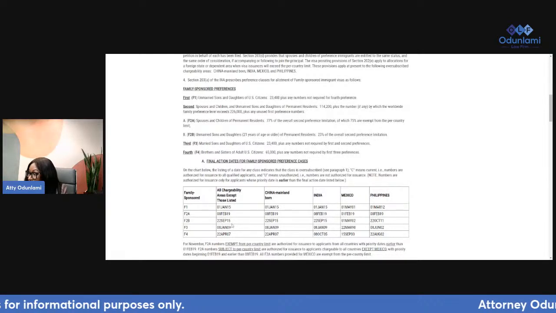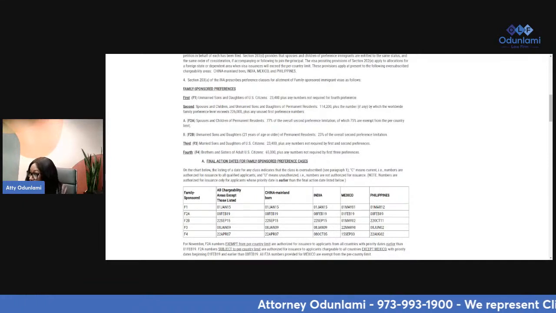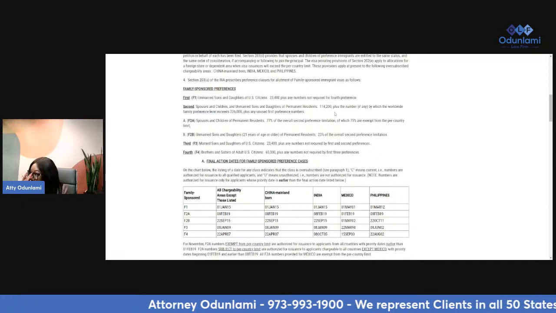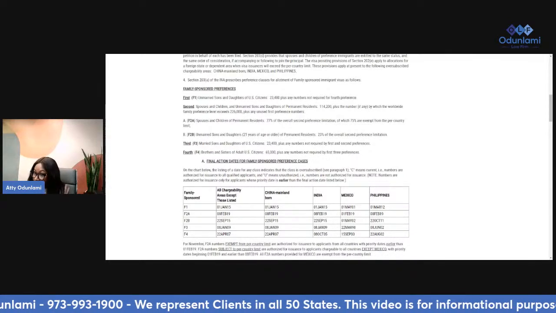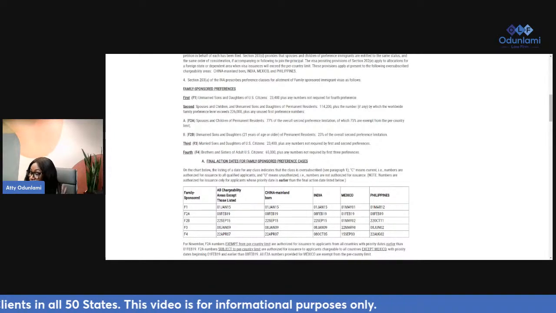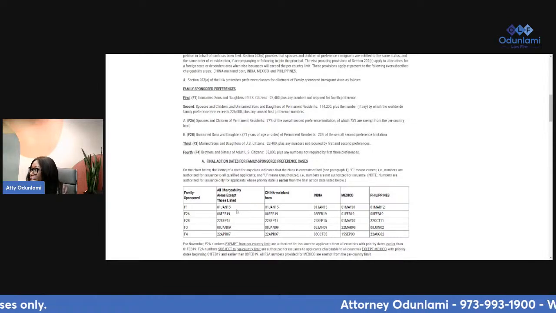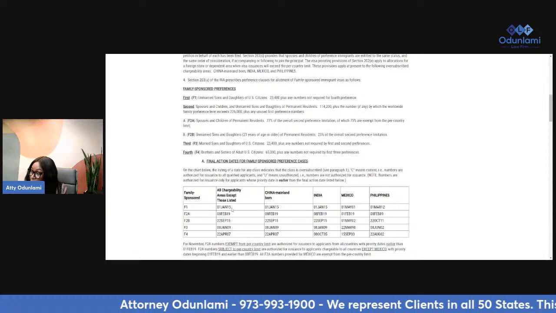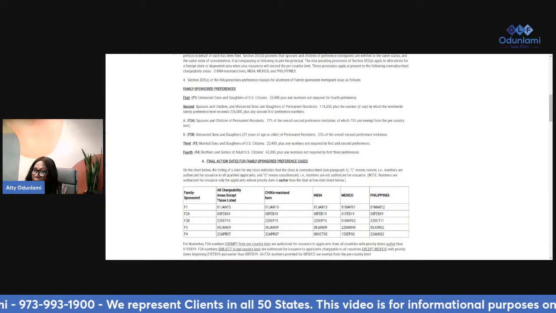So you would think that because you're a US citizen, it would be faster, right? Not necessarily. So you always want to look at the visa bulletin to figure out which one is moving faster, so that you can either opt out and tell NVC that you want to stay in F2B because it's moving faster, or you can exercise your right to move to F1 because now you're a US citizen, and if it's moving faster, that's where you want to be.